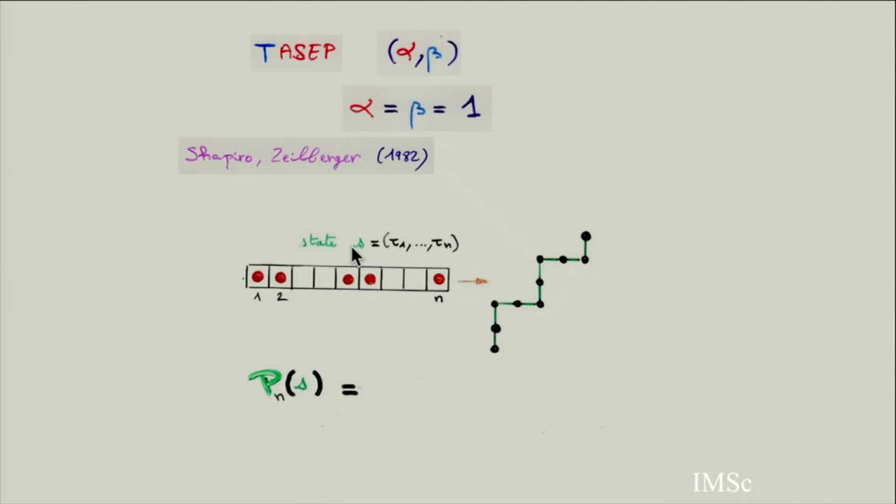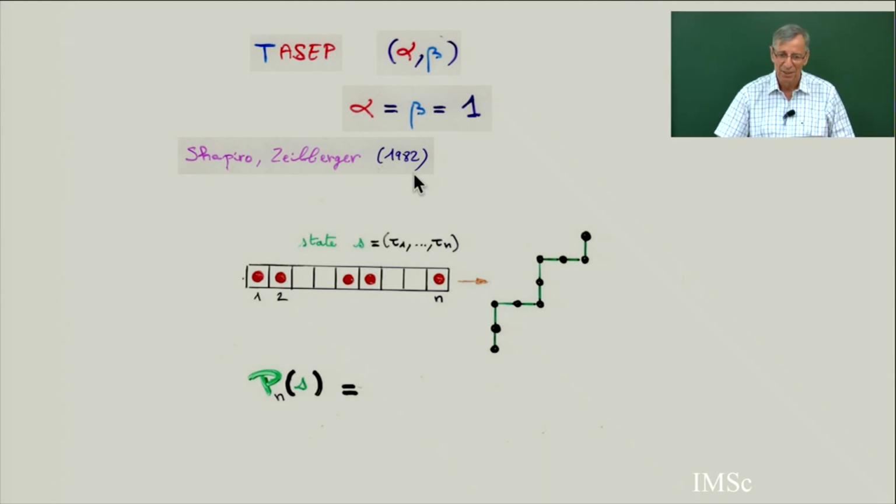So we go back to the original paper, the very pioneer paper in '82, because combinatorialists were interested in all these problems for 12 or 15 years. Everybody forgot this paper, but it was very remarkable. They computed directly, by recurrence, and showed that the stationary probability for the TASEP was given by this combinatorial interpretation. I remind you that in the case of the TASEP with alpha and beta equal to 1, they associate to this state a certain path.